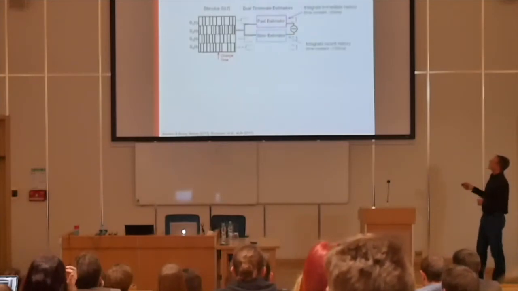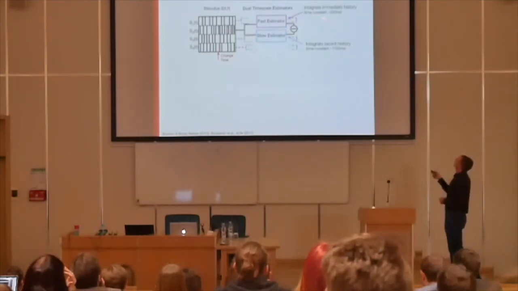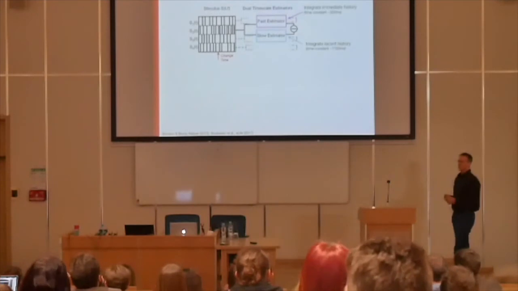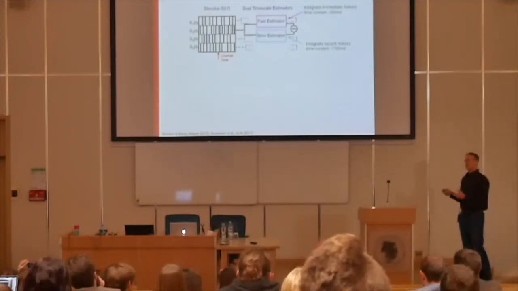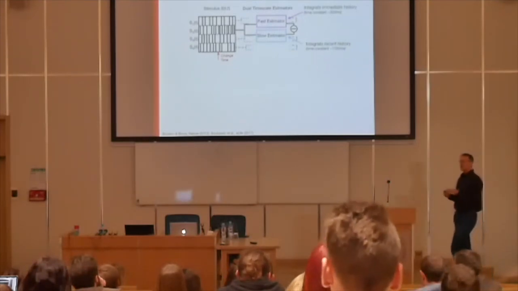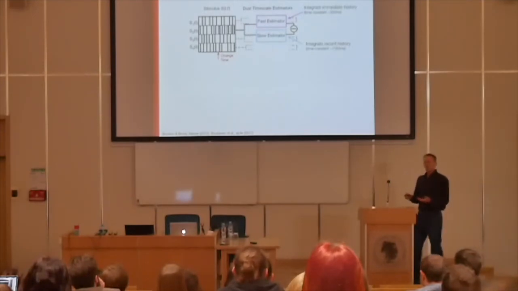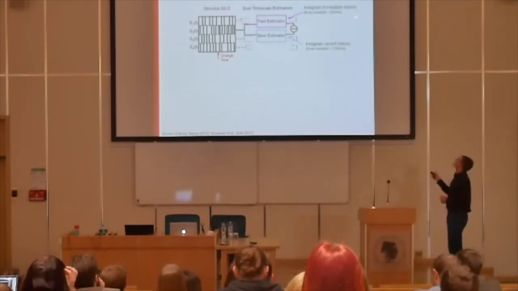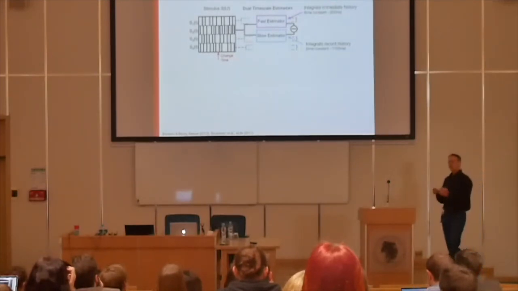We perform this by, in each bin, running a pair of estimators. A fast estimator that is integrating the immediate history of the stimuli, and a slow estimator, which is integrating the more recent history. If you think about this, the slow estimator is essentially trying to keep track, on a rather slow level, of what is the current level of statistics, whereas the fast estimator is trying to keep track of what has changed in the very recent history.